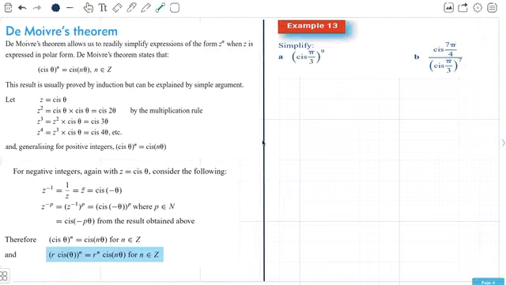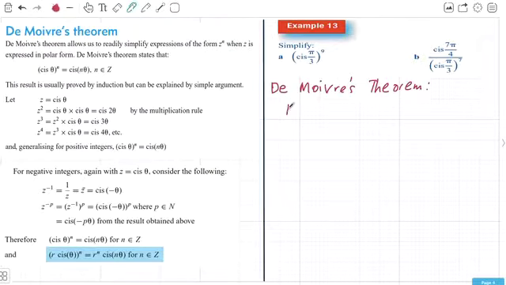An example now. So this is worked example 13 using De Moivre's theorem. As soon as I see that I've got powers in the examples, I straight up write down De Moivre's theorem, just so that you get this in your head. So De Moivre's theorem,